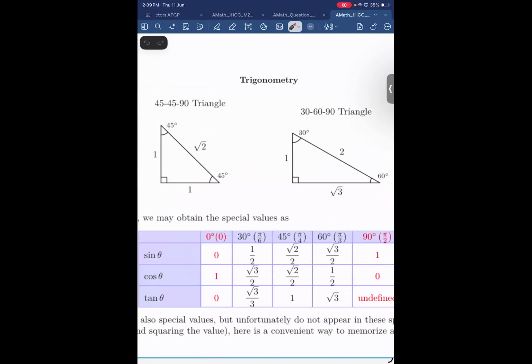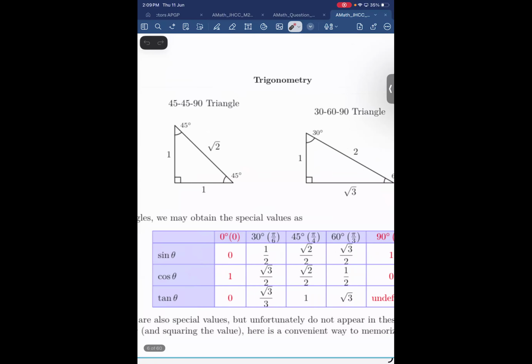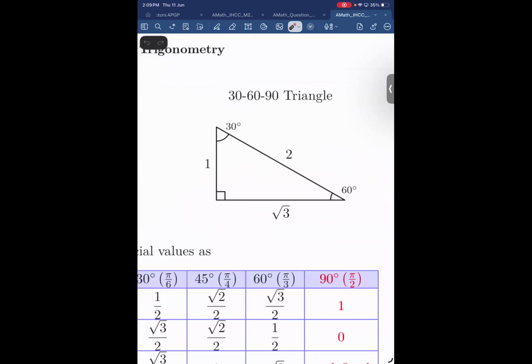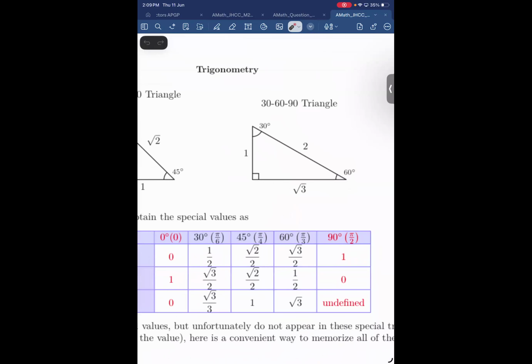Okay. This is one of the ways to memorize the trig special values. For example, if I want to use this triangle to find maybe sine of 30. Sine of 30, 30 is here, right? So sine is opposite over hypotenuse, so root 3 over 2. Okay. So sine of 30 is